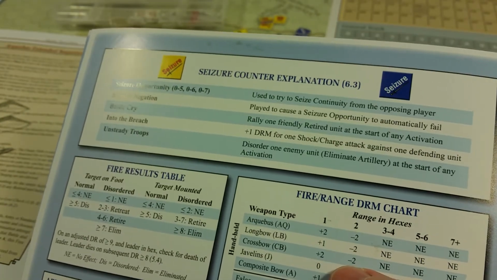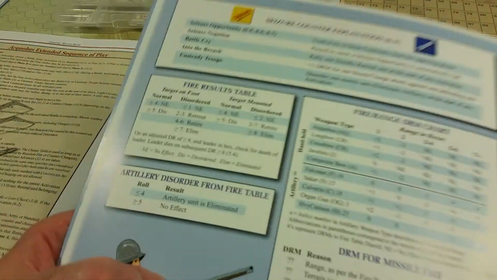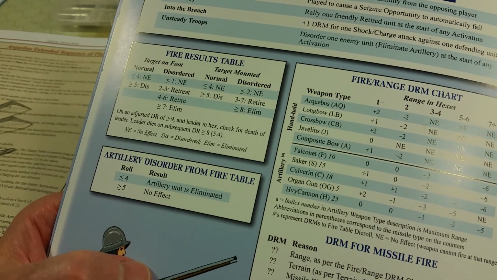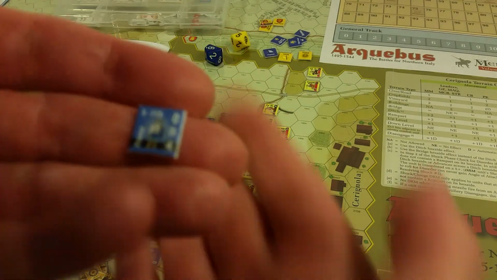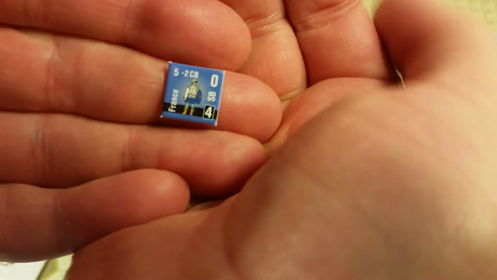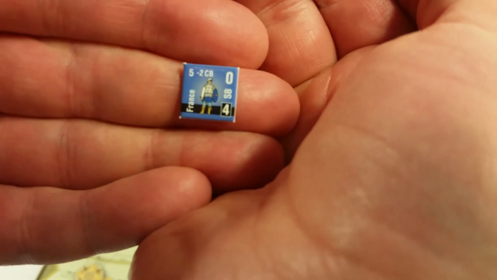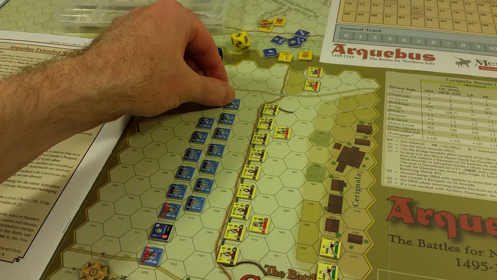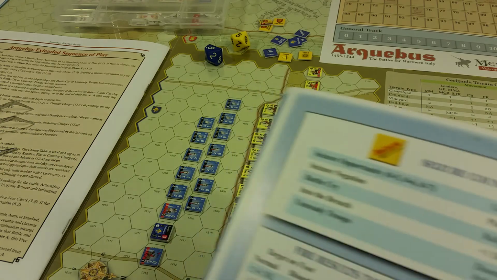So, range, -2. Terrain, it is -1 for the rampart. Actually, all of them are behind a rampart. Then missile fire DRM from the counter. That is the one that I forgot. That's the one that matters. So it's the small -2 CB in the top center. So that is the missile fire DRM and the missile fire type. So -2 DRM, CB or crossbow for type. So with -5, even if you get a 9, that's gonna adjust to a 4,